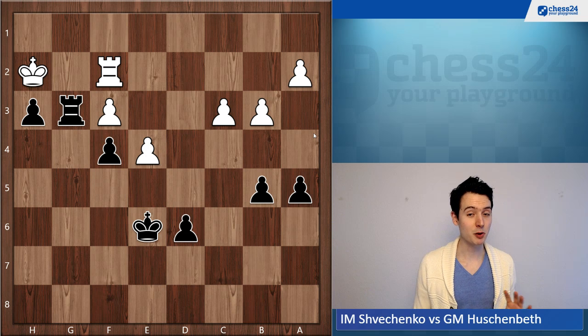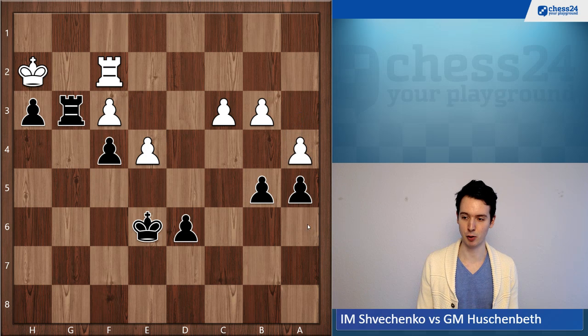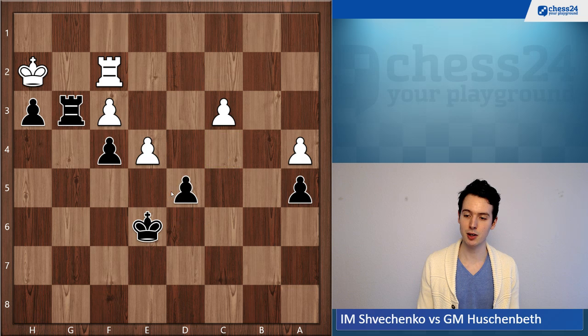Here the position is a draw. It's not easy though for white. White would need to find this move, a4, to stop me from going b4. And now I thought I still have good chances here because I might be able to get in to c4. But it turns out that once I play d5,